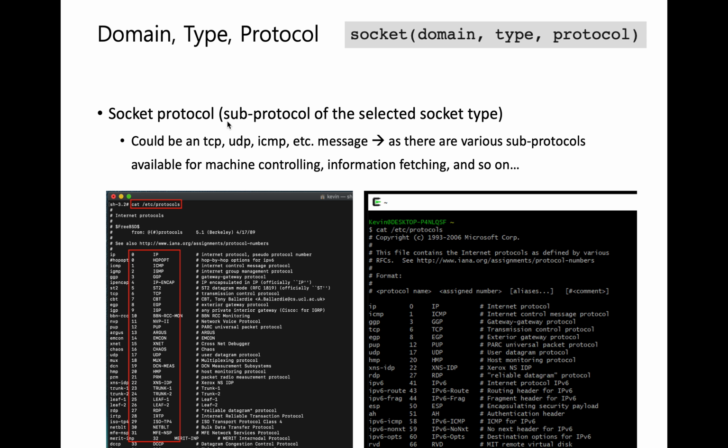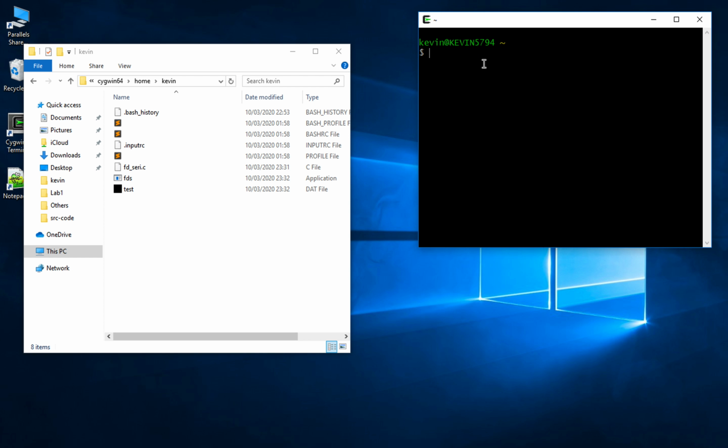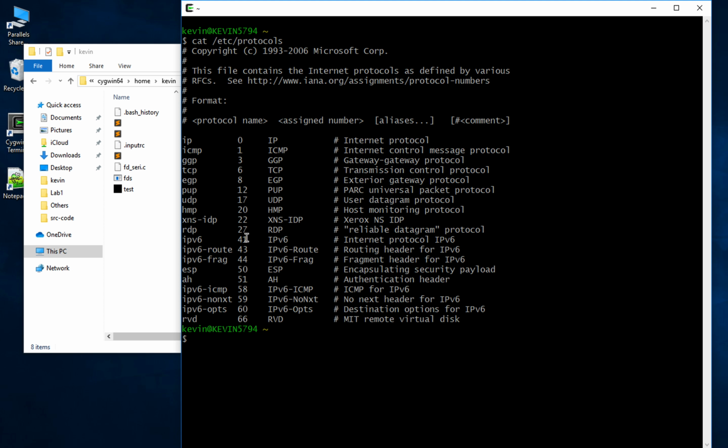So the socket protocol, the third argument, can be an integer value, and the possible values you can find by just running this command line: cat /etc/protocols. That is available in any Linux-based device. Let's go ahead and make that call. If you run cat /etc/protocols, then you can see that 0 means IP, Internet Protocol, 1 means ICMP, Internet Control Message Protocol, and 6 is the most